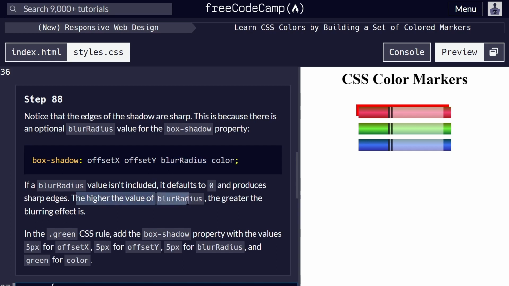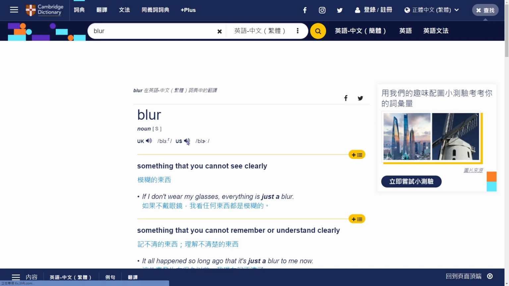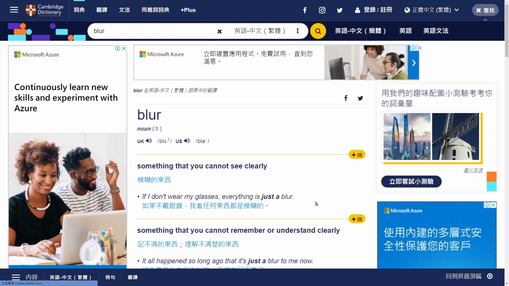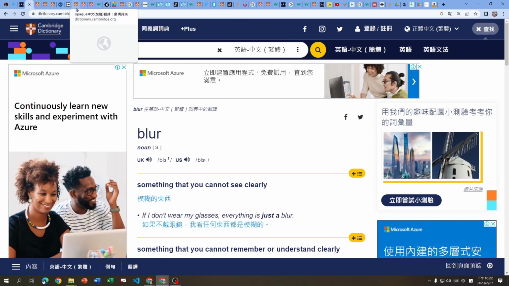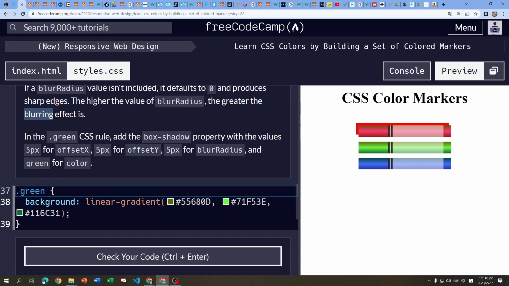The higher the value of blur radius, the greater the blurring effect is. So the higher the number, the blurrier the edges will look, right? Blurring means making blurry. Blur. If I don't wear my glasses, everything is just a blur. In the class screen, see as its rule, box shadow property with a value of